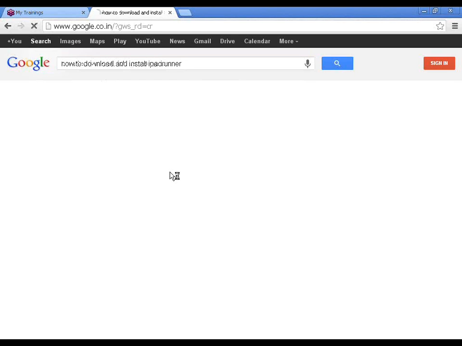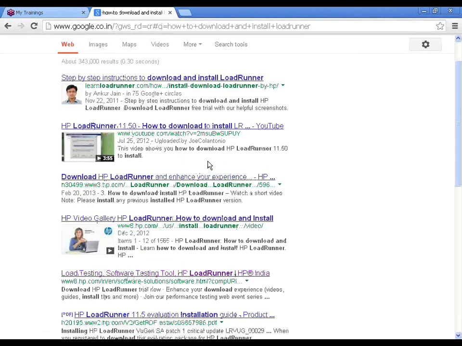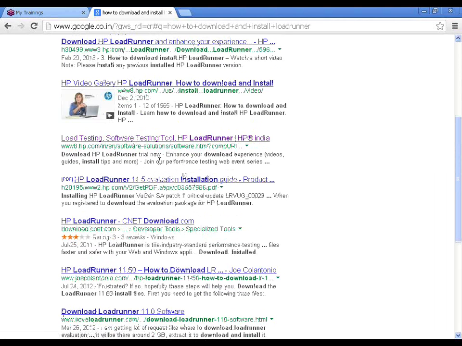It will take you to the HP site. There are other blogs as well which will help you to install LoadRunner, but however, as a part of the training, if you get any hiccups while installing the LoadRunner tool, we'll help you on that.